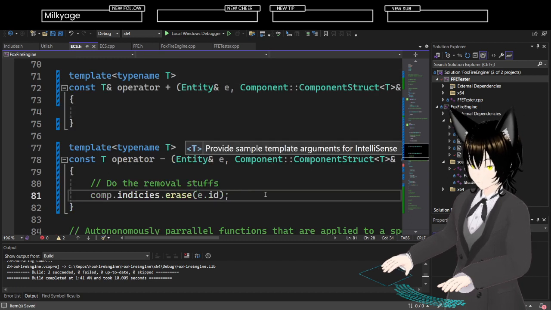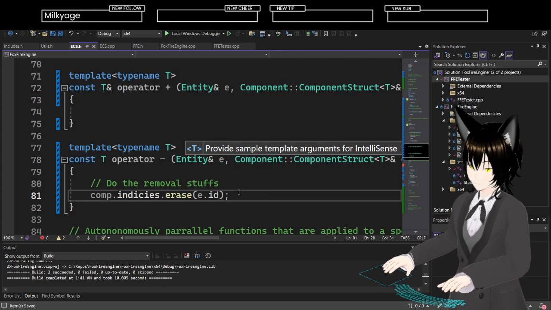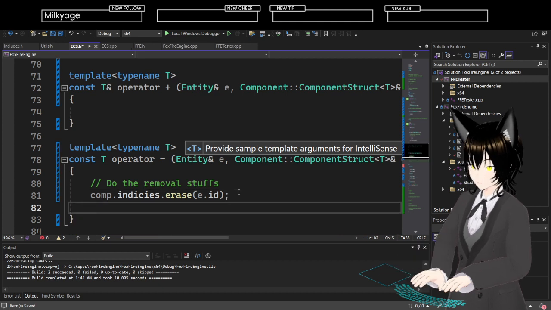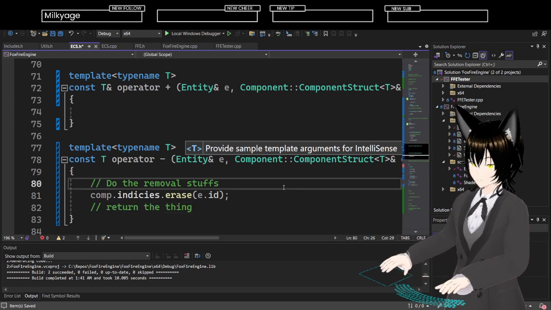So, oh yeah, I also need to return a copy of the stuff. I also need to return the thing. I forgot to do that.